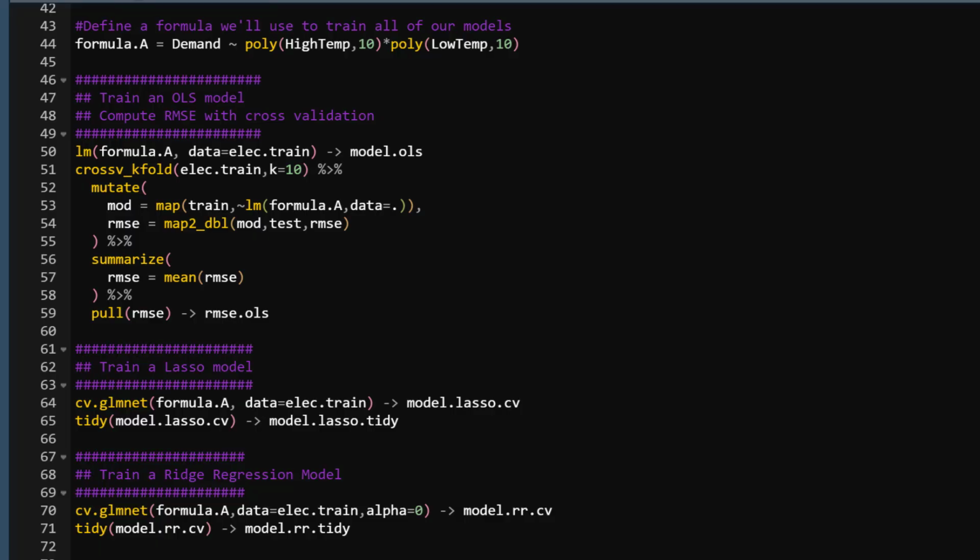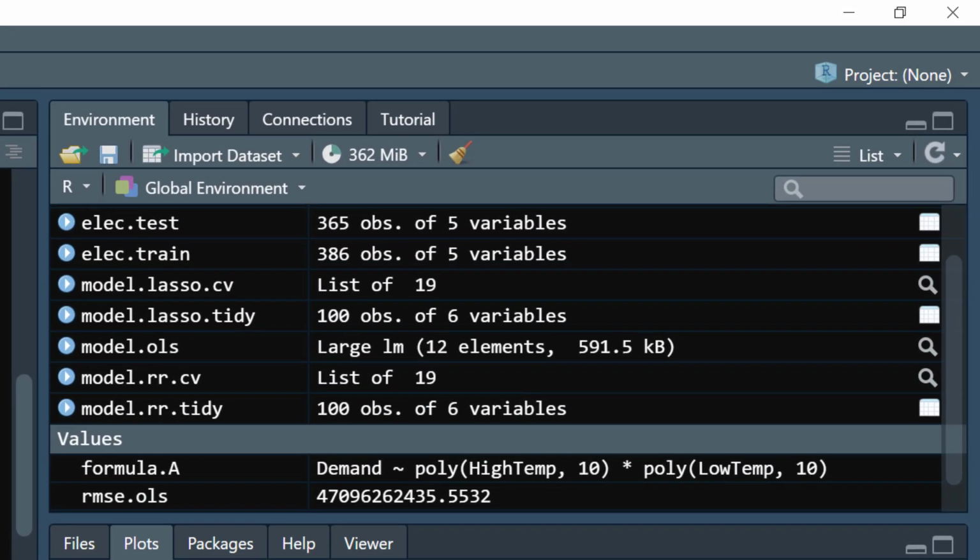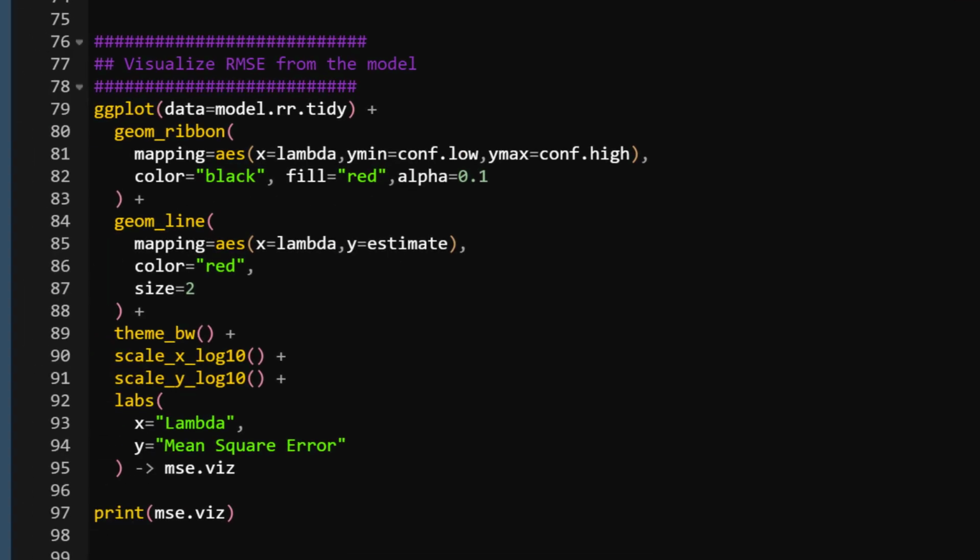I'll run all of this code. Looking at the Environment Explorer, you can now see that I have trained models for lasso, OLS, and ridge regression. I've also used the tidy function in the Broom library to create tibbles of model output from the lasso and ridge regression models. Going back to my code,